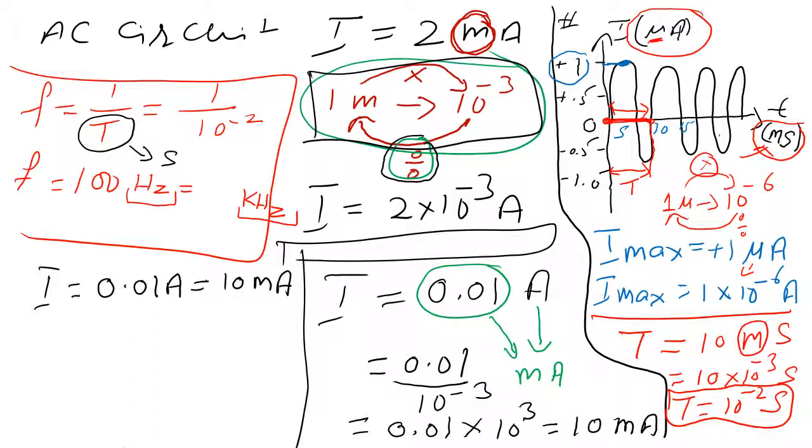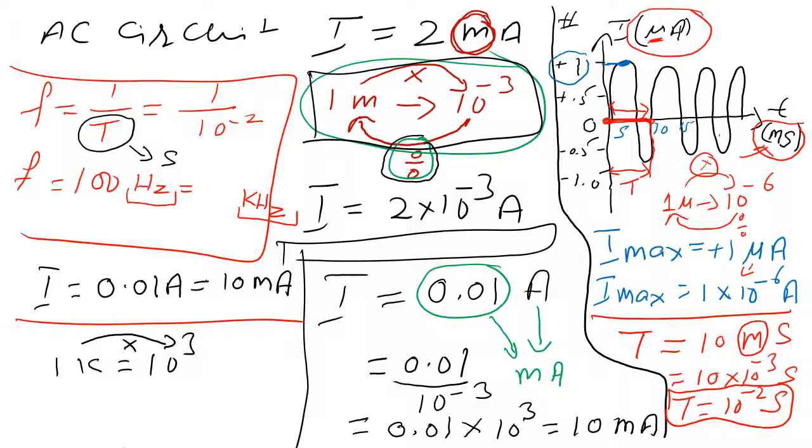So for the kilohertz you have to write the relation between the kilo and the value. We know 1 kilo is equal to 10 to the power 3. Now the rule is, if you already have the kilo and you are changing from kilo, you have to multiply. But if you don't have the kilo, you have some number and you want to change that number into kilo,